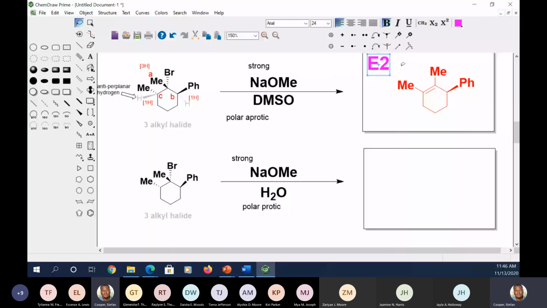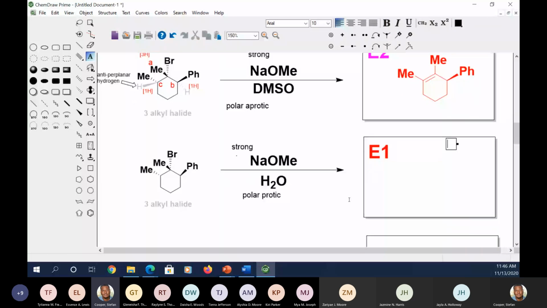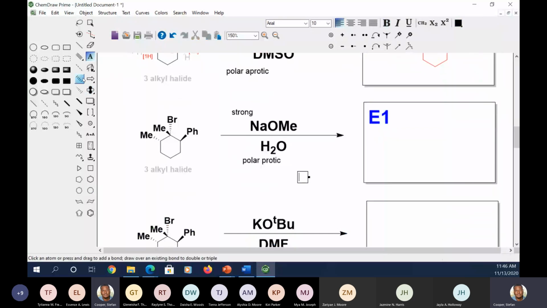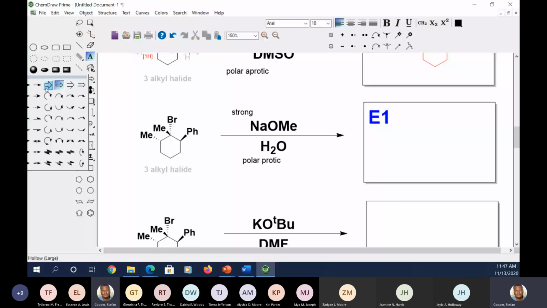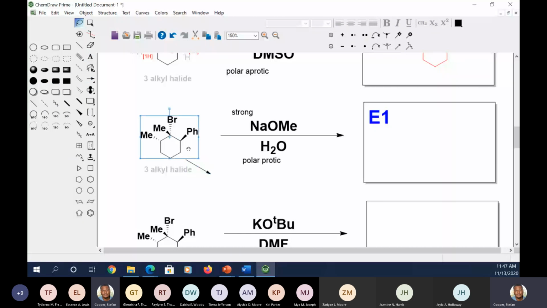So mentally, I need to think about the mechanism in my head here, right? I know that the first step should be my leaving group leaving, right? Actually, I don't want to use red here. So I'm going to go ahead and draw my leaving group leaving. I'm going to draw that product out. If you can't see it, that's fine. You can draw it out on a sheet of paper. So when my leaving group leaves,